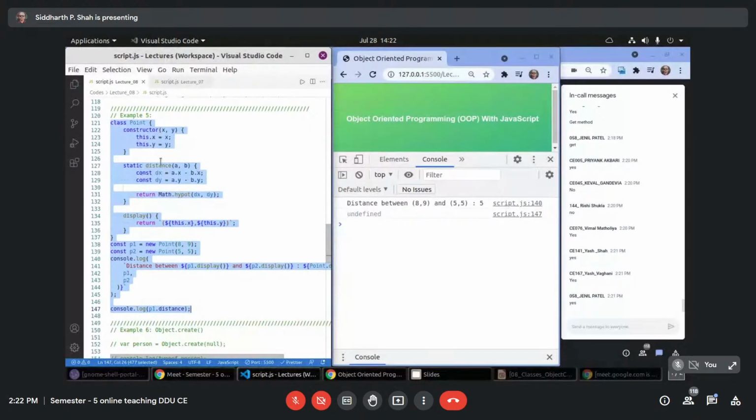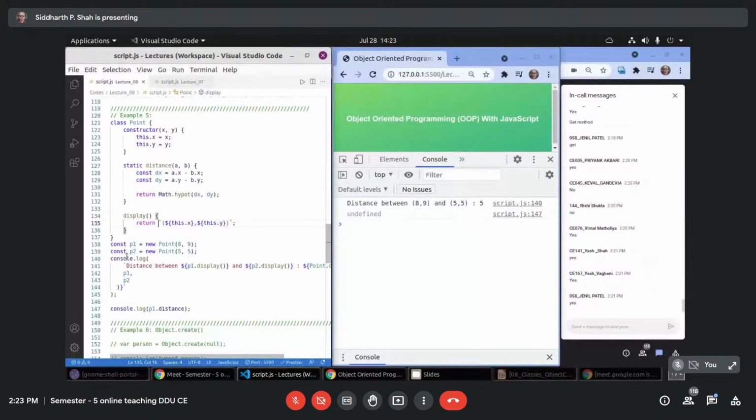See, this display method uses a string literal. A string literal can be defined using the back quote. Just below the escape key, you have the back quote, right? Using that, you can use a dollar sign and within curly braces, you can put a variable name or property name and you can get that value. So the display method simply returns, within brackets, x and y.